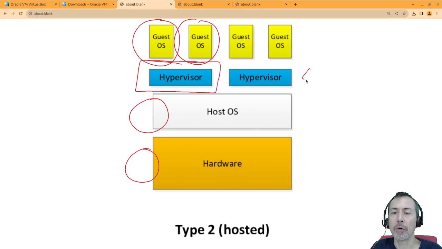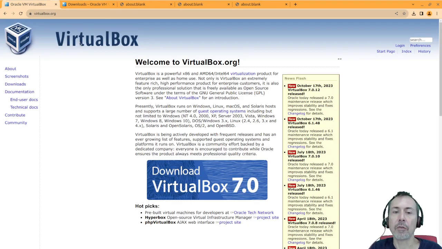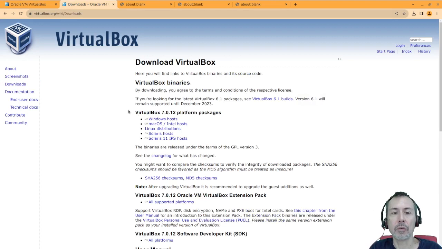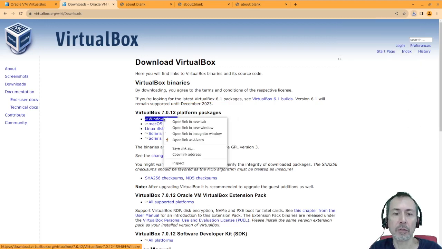You can have more than one hypervisor installed in your machine, but we will be working only with Virtualbox, this one. So this is the home page of Virtualbox. The first thing you need to do is to install the hypervisor, to install Virtualbox. For that, you go here to Downloads, and depending on your operating system, you need to select the correct options. So for example, if you are using Windows here,